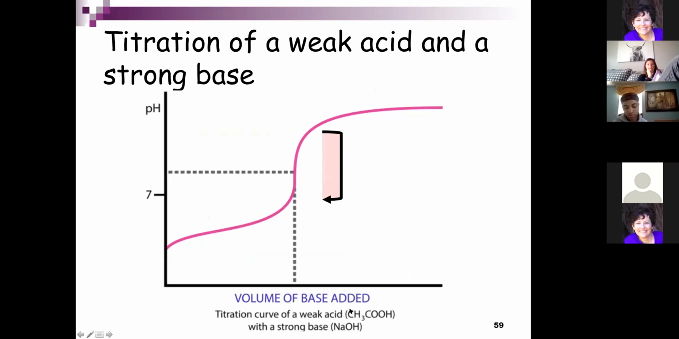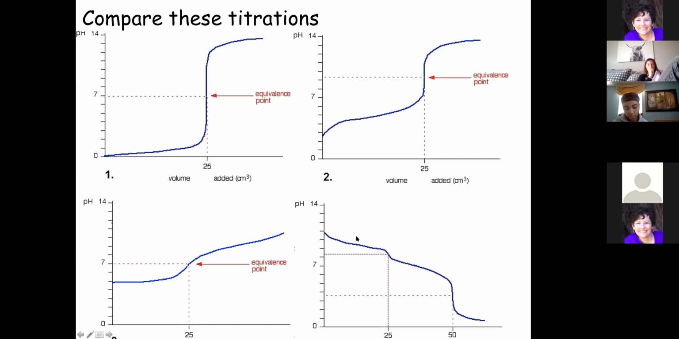As we go through and try to titrate a weak acid, we're going to see that the steepest portion of the curve gets smaller and our pH is no longer 7 at the equivalence point. Depending on whether it's a weak acid or a weak base, that number will go up or down. So I've got these 4 plots, and I want you to figure out